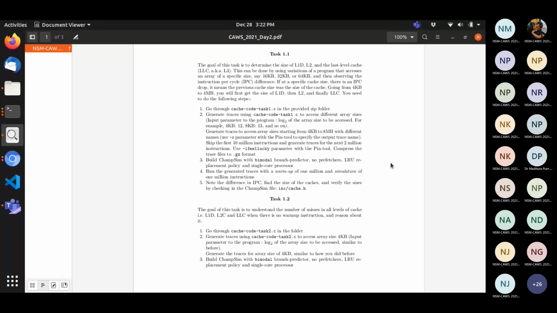For those, you'll find the set and ways values. That will be enough. You can just search for set and way, and then look at the parameters corresponding to L1D, L2C, and LLC. Shouldn't we know the line size as well? A cache line size as well? Yeah, this will be 64 bytes.